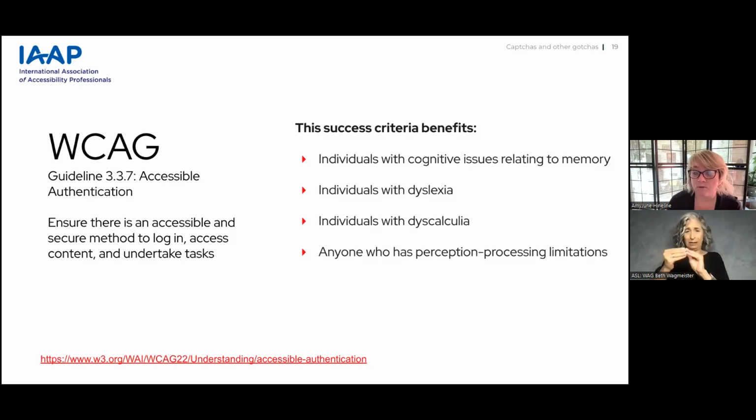It helps people with perception processing limitations. You know, they should be able to authenticate regardless of the level of their cognitive abilities. And there's a link at the bottom of the slides that you can get more information about this single criteria.